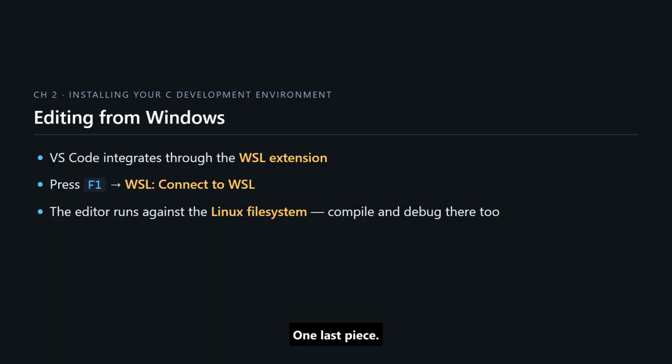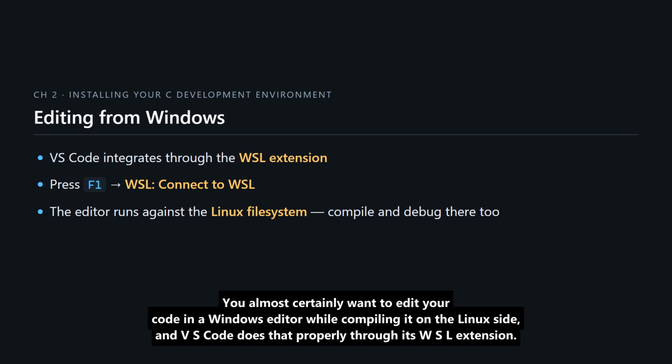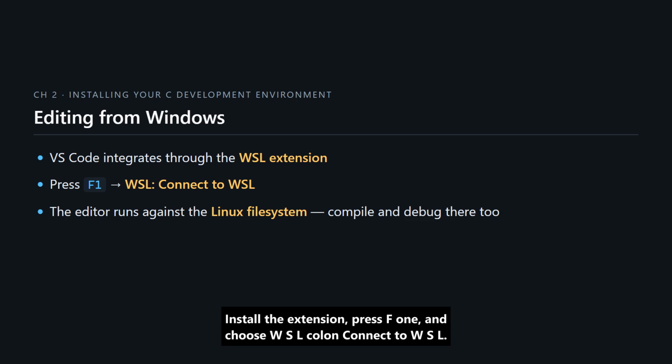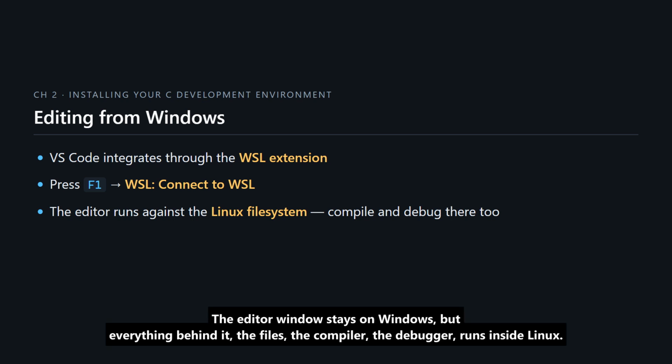One last piece. You almost certainly want to edit your code in a Windows editor while compiling it on the Linux side, and VS Code does that properly through its WSL extension. Install the extension, press F1, and choose WSL: Connect to WSL. The editor window stays on Windows, but everything behind it, the files, the compiler, the debugger, runs